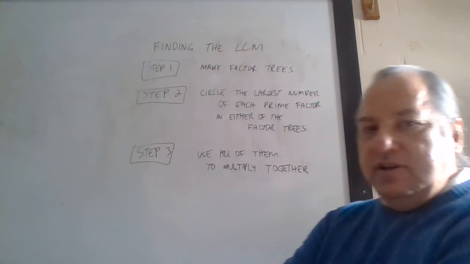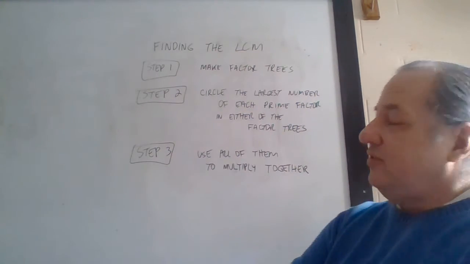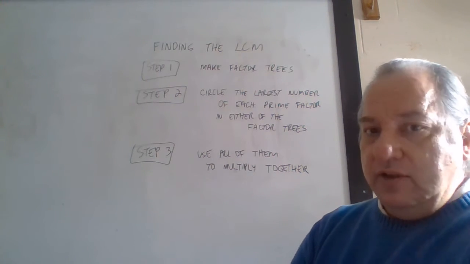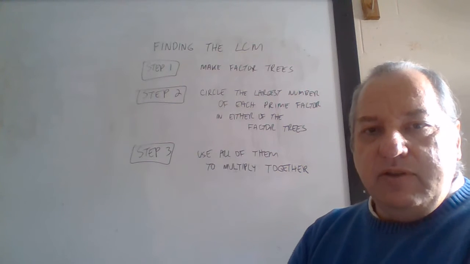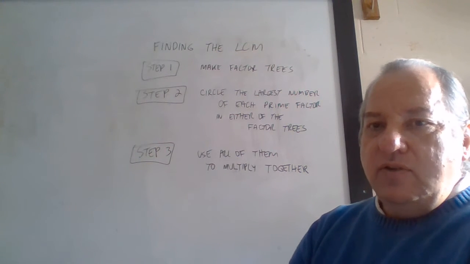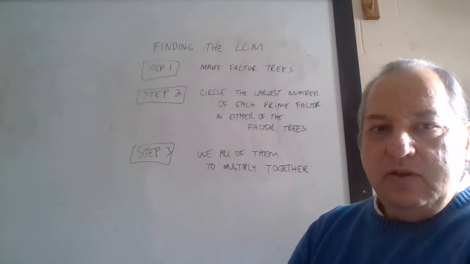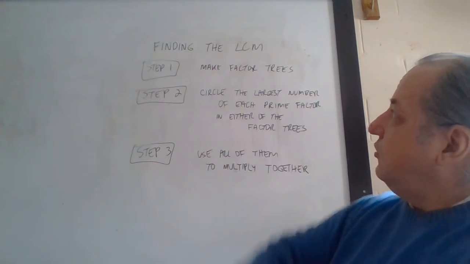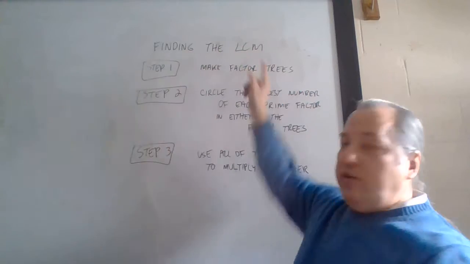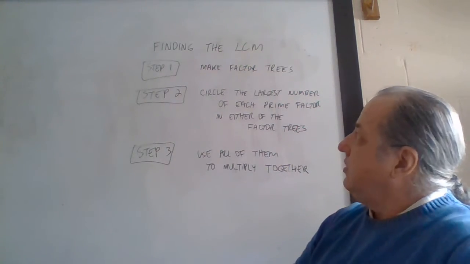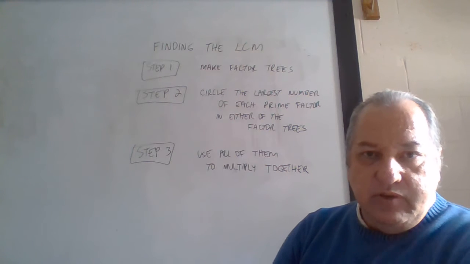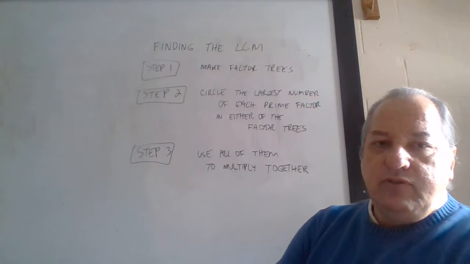Through the magic of technology, I now have the steps written down for our second concept. And what's nice about this as well is that you can pause this at any time to make sure that you have this all written down. So we are going to find the LCM, the least common multiple. Step 1 is we're going to make factor trees. So we've already learned how to do that in previous lessons. So that should be